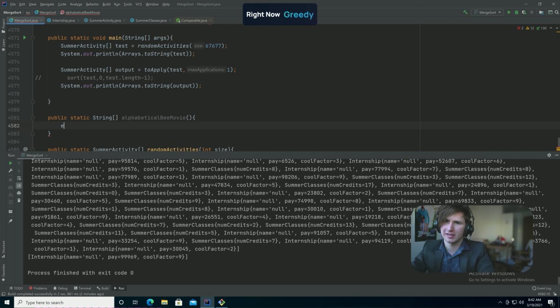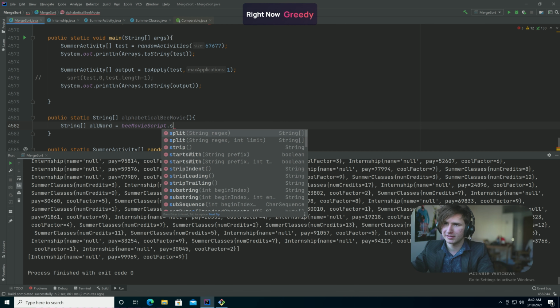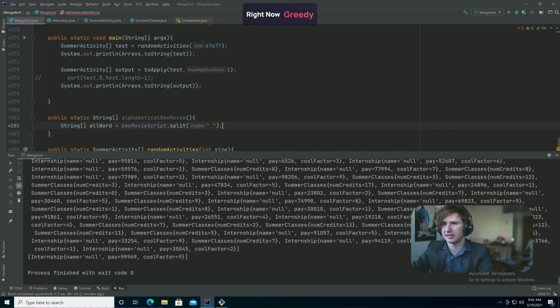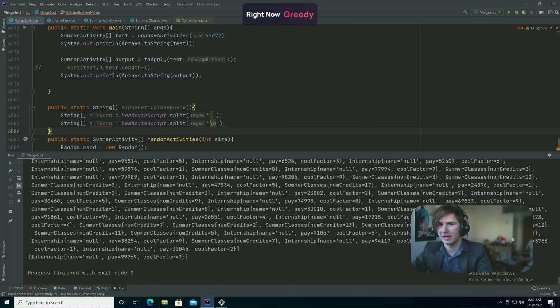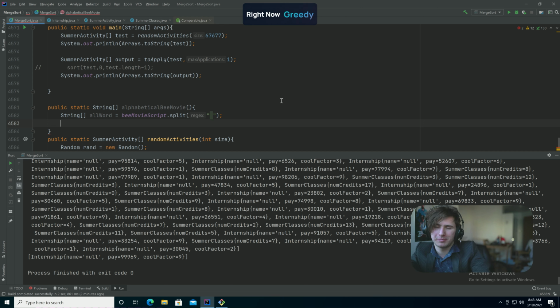So the first thing we do is we say String array allWords is equal to bMovieScript dot split, and we're just going to split it based on the space. So if there's a space, we'll do that, and now we'll also split it on new lines as well. So allWords is equal to bMovieScript dot split on new lines. So this is going to basically say every time there's a space or an enter, there is going to be, well, that. Actually, maybe, no, it should be fine with spaces. You know what? I'm going to say spaces. It might be a little bit buggy with spaces only, but we'll live with it. Or maybe what I'll do is I'll say